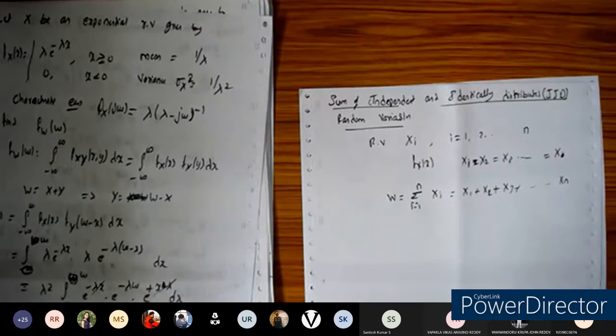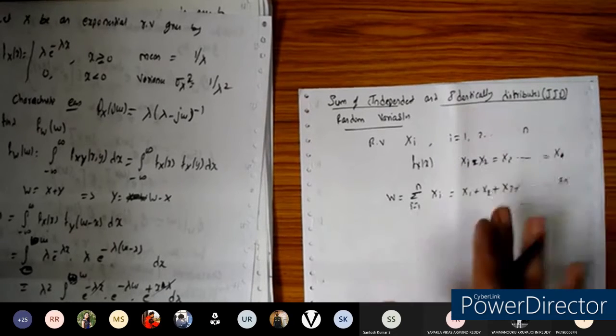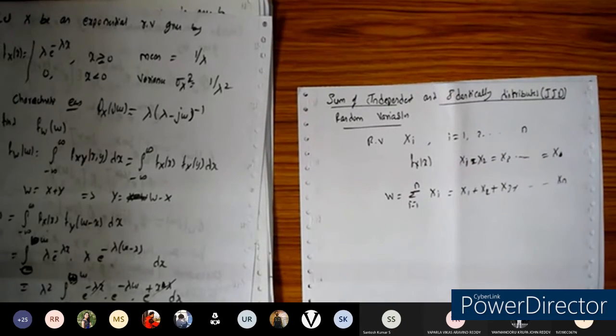We are going to make use of this concept when we are modeling the communication system where we need to provide security for the transmitted data. So there we are going to make use of this concept. In one of the research papers I'm studying, I found the concept where they apply it.